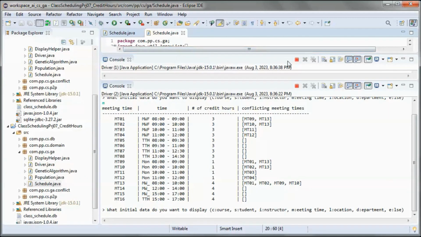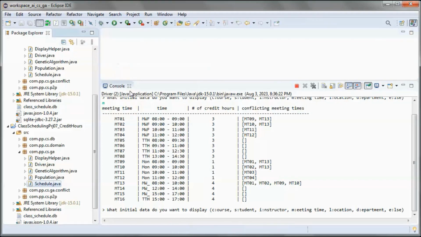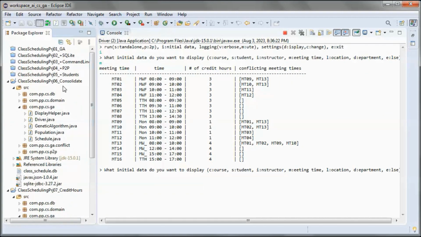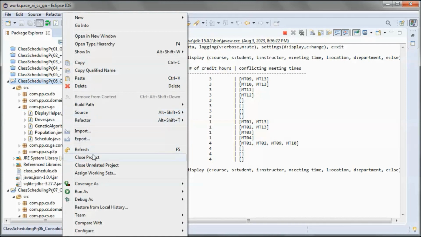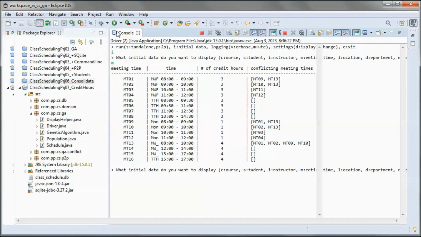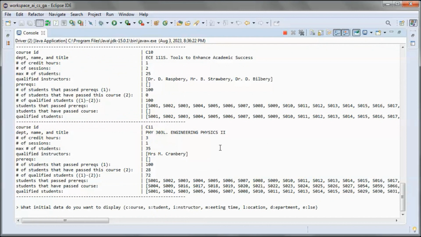And let's close the old project, and let's show what changed also in the initial data.